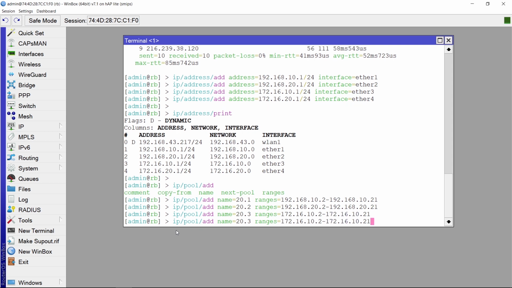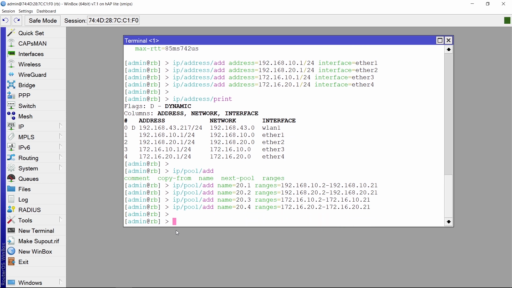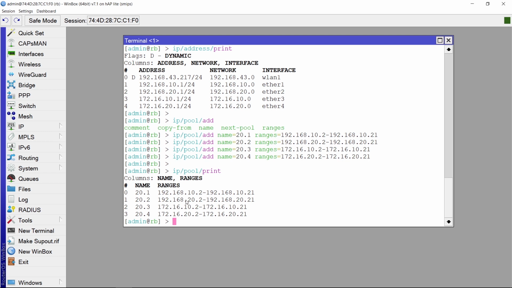Next, add IP pool for interface Ether4 with name 20.4 with range 172.16.20.2 until 172.16.20.21. Then check whether the added IP pool is correct or not. Type the command IP pool print. Here IP pool for the interface Ether1, Ether2, Ether3, and Ether4 is already correct.